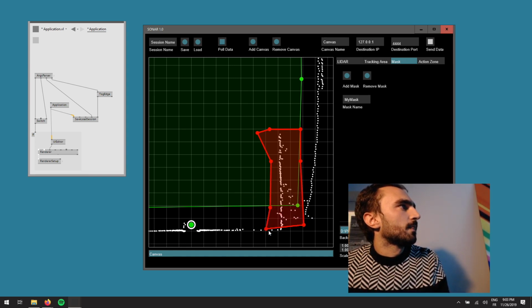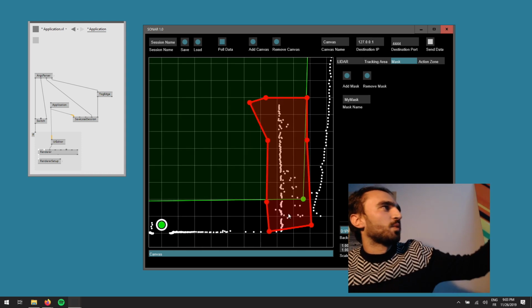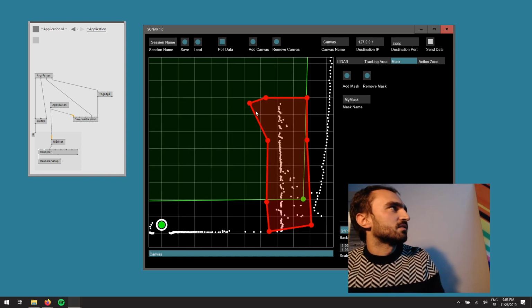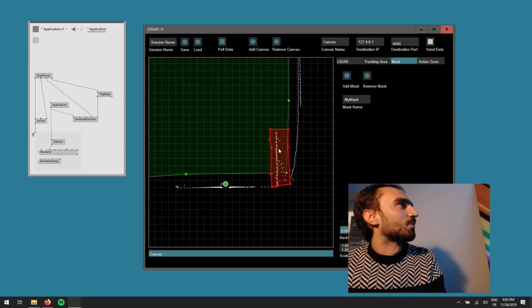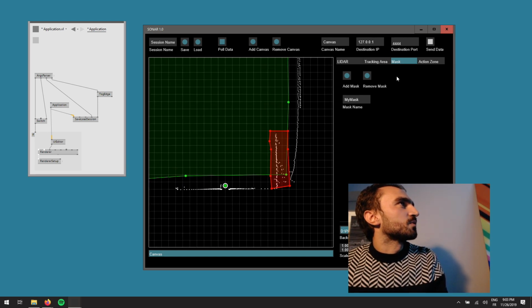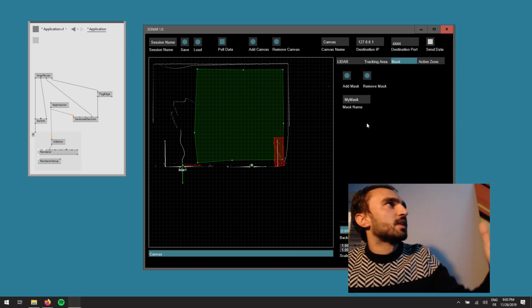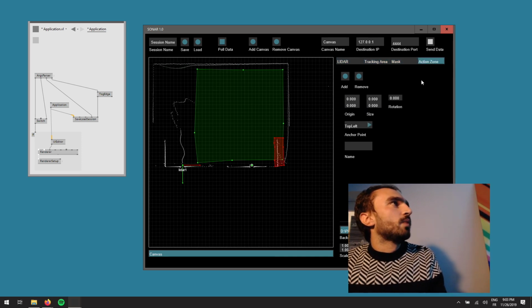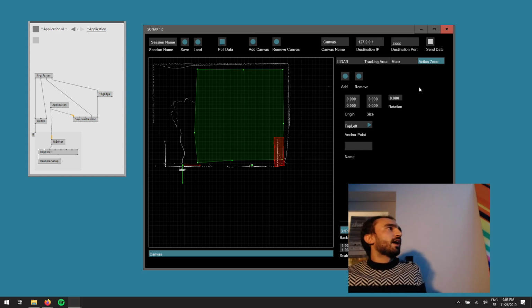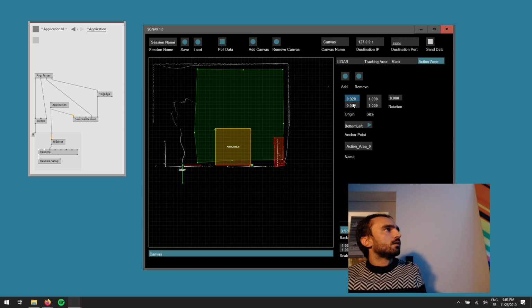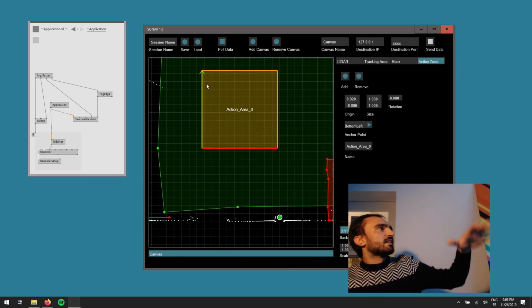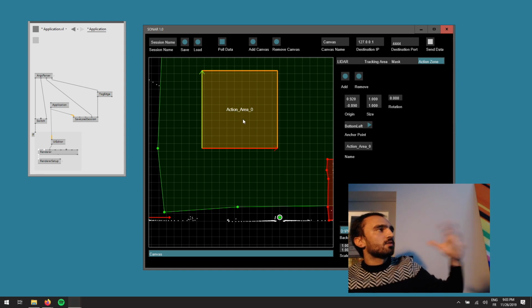And these days I'm reworking this point editor because it's not working really great and not really easy to use. Now that we have set up a tracking area and a mask, we can add as many masks as we want, by the way. We have the last step, which is what we call the action zone. The action zone shows up here as a rectangle, and every blob that is inside this action zone has its coordinates remapped to